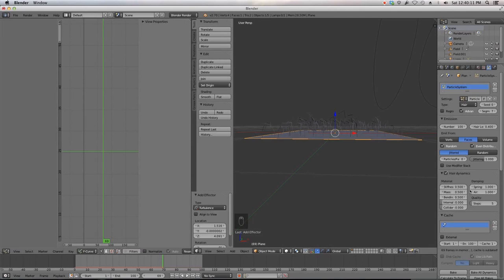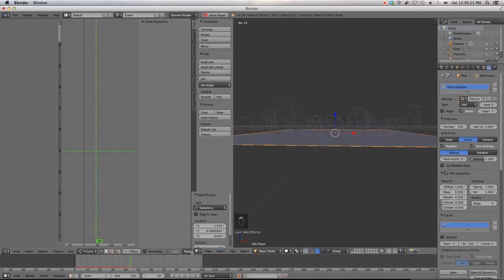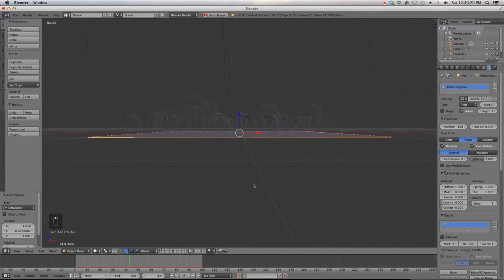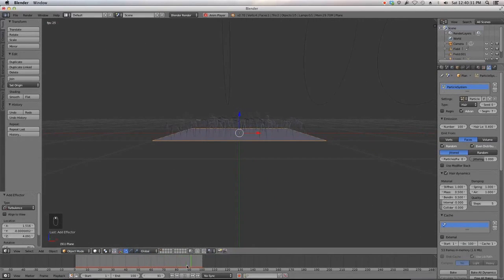And this is something that you can really just experiment with a lot, but that looks like it's not nearly stiff enough anymore. So let's go back to 1 and try it just with the mass. We don't need this open. We can close that now. And it still looks a little bit